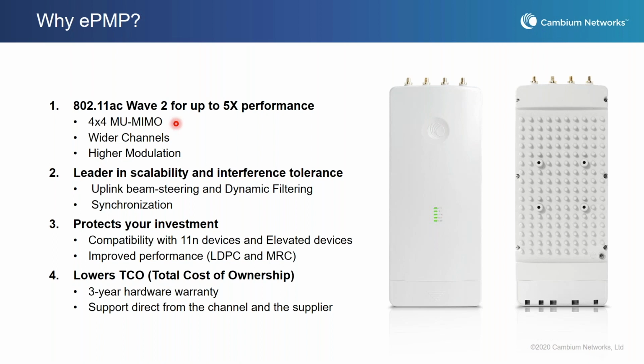The other one is wider channels. The other one is higher modulation. And then we are still retaining our uplink beamforming capability and also our intelligent filtering, which we also call dynamic filtering of noise. And we still maintain our synchronization that helps you to solve self-interference. So all these things